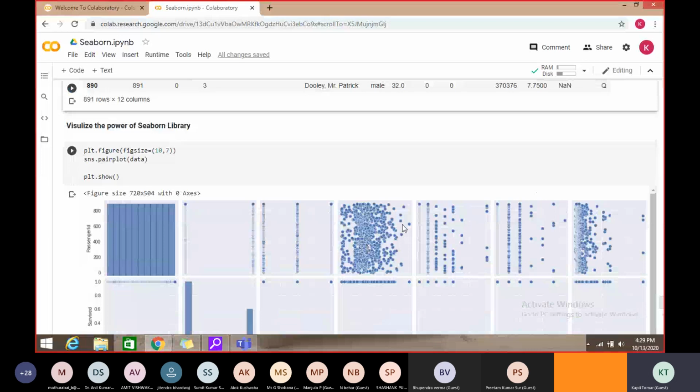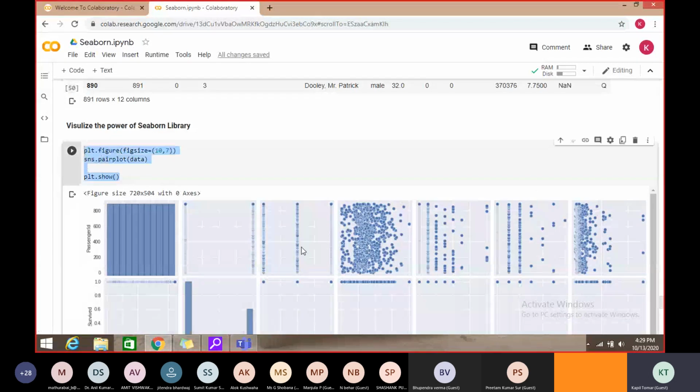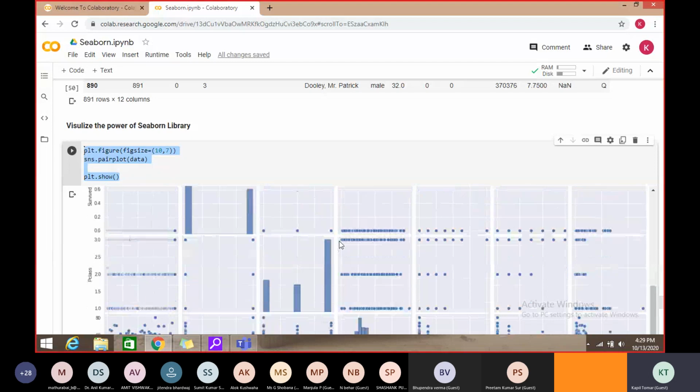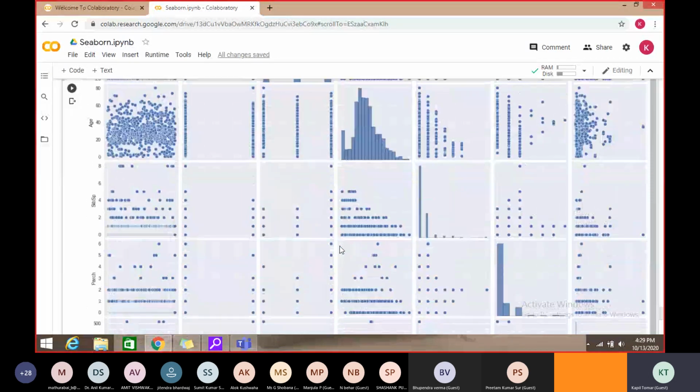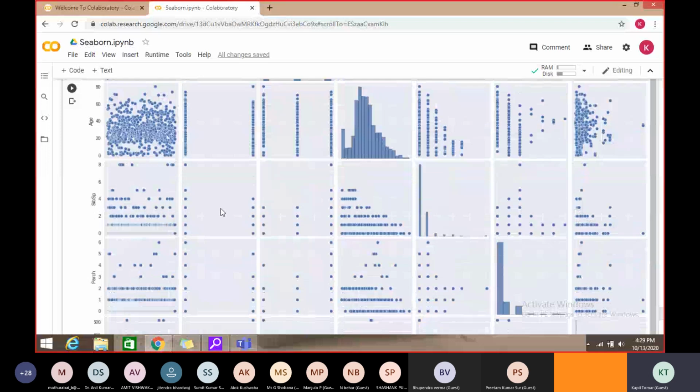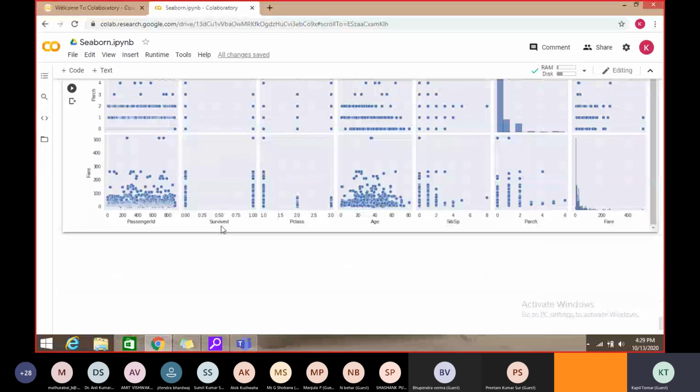See how much effort it takes. 3 lines and giving so much data analysis. Now we can visualize the siblings with respect to survival.